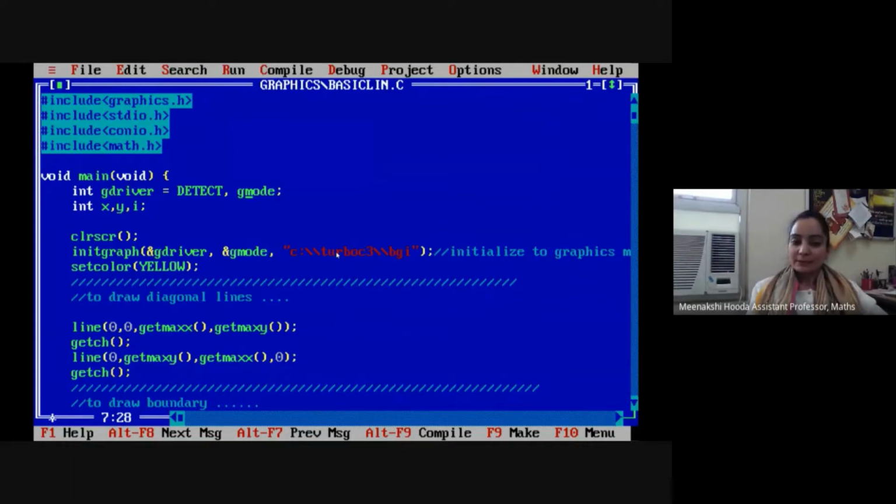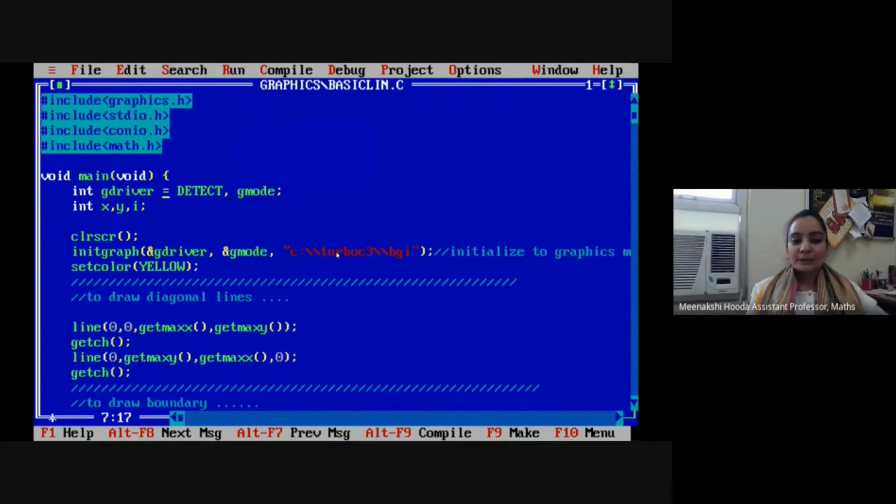We need two extra variables for the graphics program. One is for the driver that we will be using in our program, and second is the graphics mode that is used to set the resolution of the screen. If we initialize this particular variable with DETECT, this is the enum which is already defined in the graphics.h. If we use this particular word over here, you have to use capital letters, then it will automatically detect the graphics driver that is available, and it will initialize the information related to that particular driver to this variable gdriver.